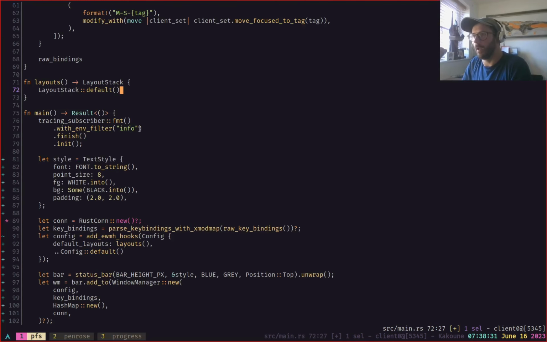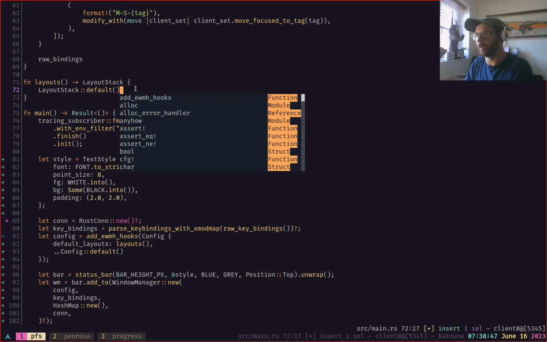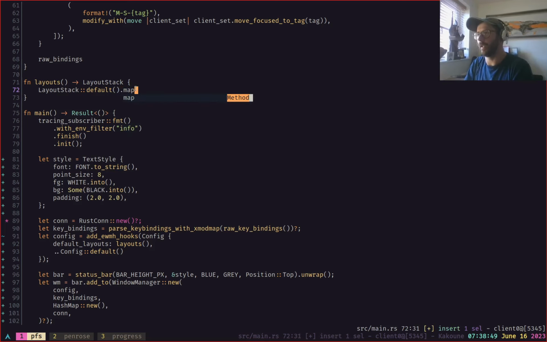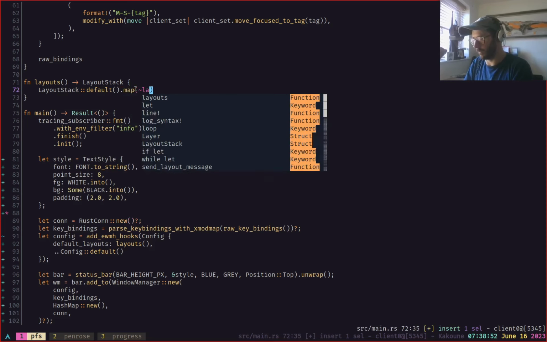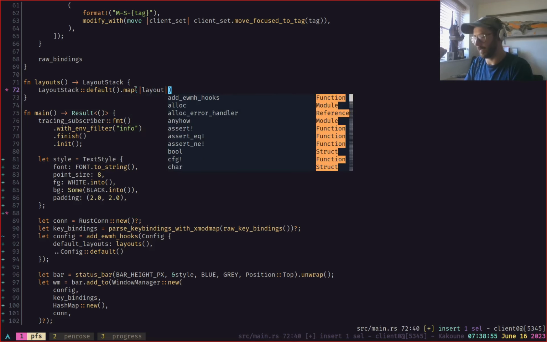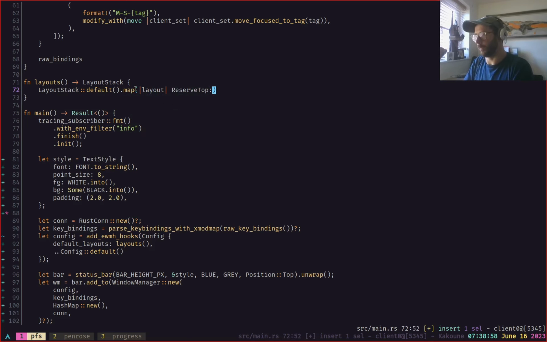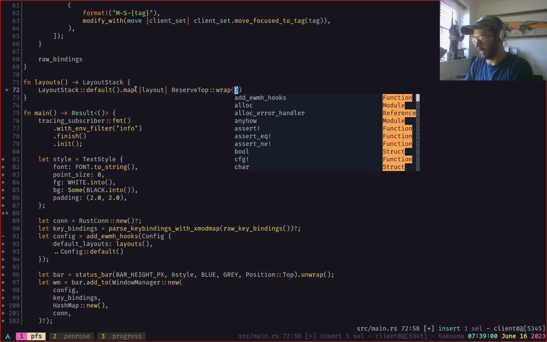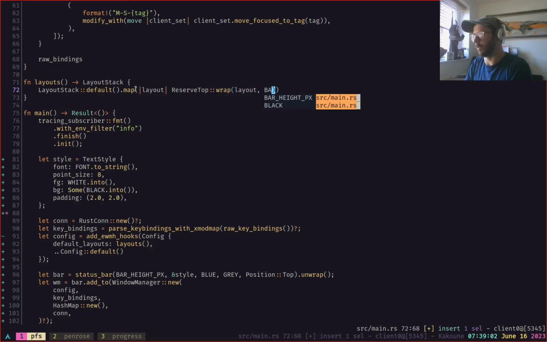Cool. So we're going to make a default layout stack. That's the one that we're currently running. It only has the simple DWM and Xmonad style main window on the left, and then down the side you've got them in a column. And what we're going to do is map this reserve top over it. And that's going to have the bar